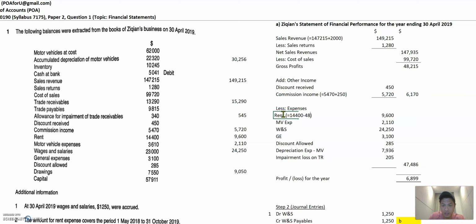So 14,400 times 6 divided by 18, all right, 18 months, that's the workings on how we got this rent amount.